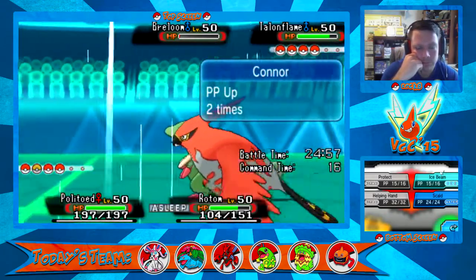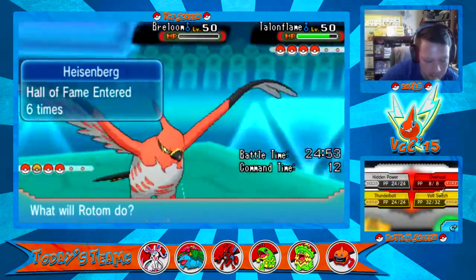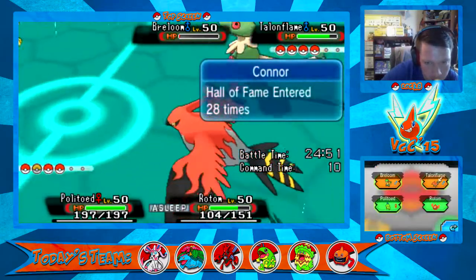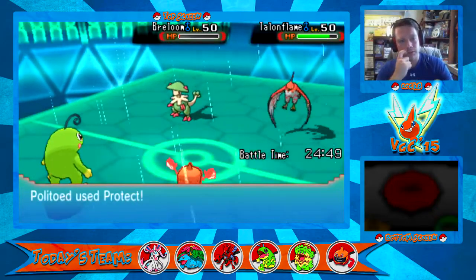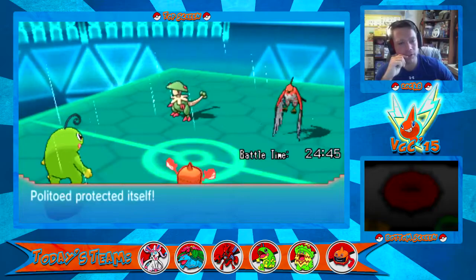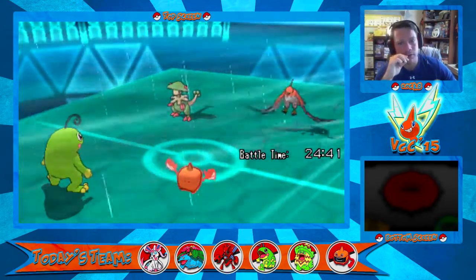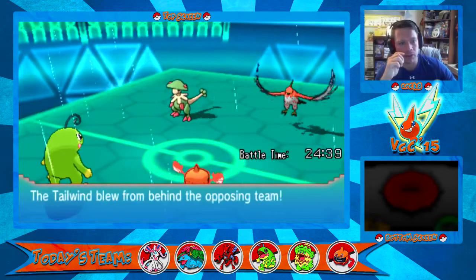But alright, so I'm gonna protect here. He's probably gonna switch out. Let's see what he does. So I'm gonna get a Protect off with my Politoed. So he's not gonna switch out. So he's going for the Brave Bird. Tailwind, okay. He's gonna go for the Tailwind, which was a really good play because